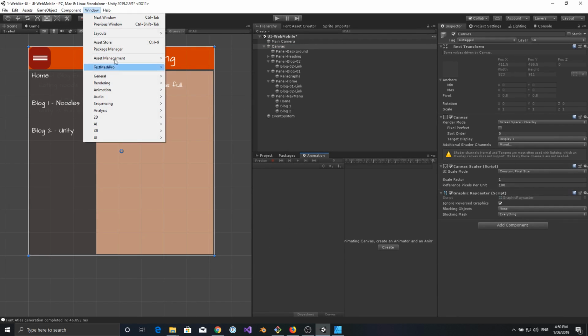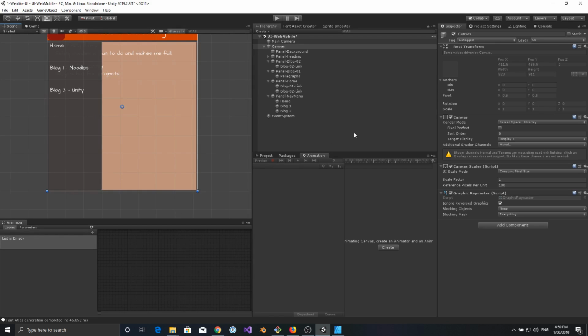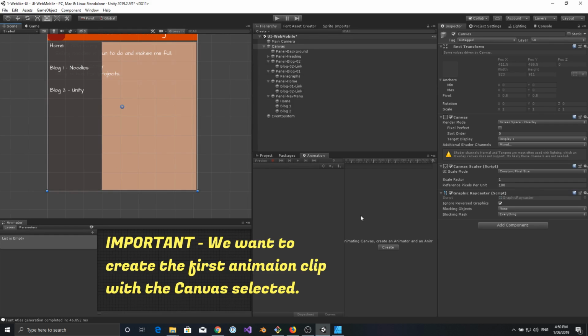And the animator controller, where are you? Animation, Animator is the controller. Let's drag it to be down here. Okay. So, on the canvas, if we hit create,